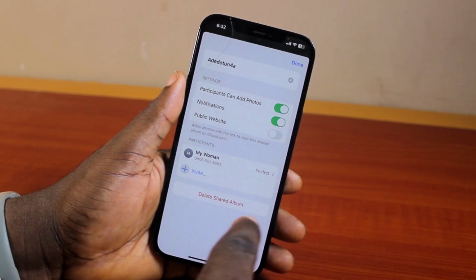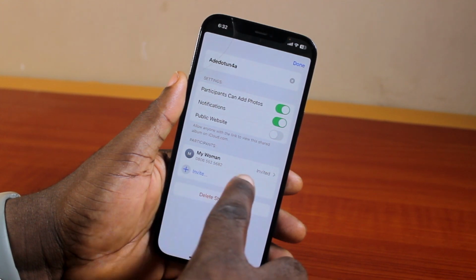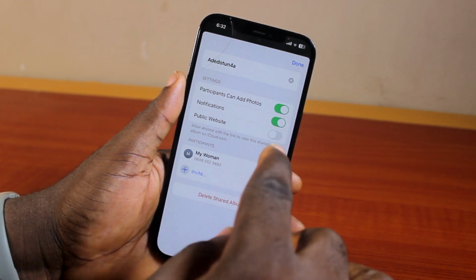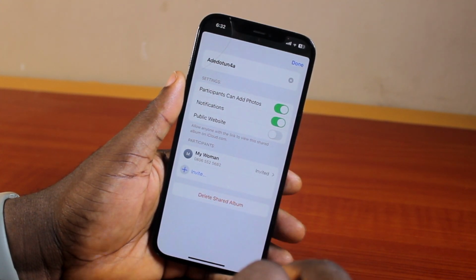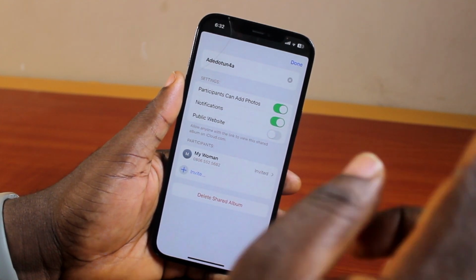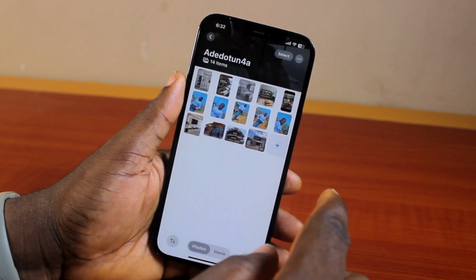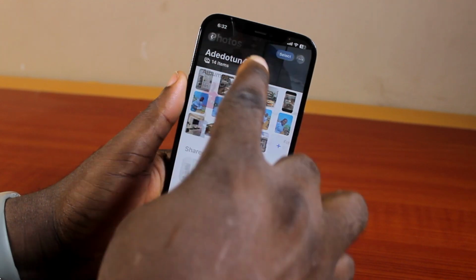Click on Done. Then you should see an invite has been sent. Now once this invite is accepted, this particular person will be able to access these shared photos without even accessing your iPhone. Then go ahead and click on Done. Then you are good to go. So that is exactly how to make a